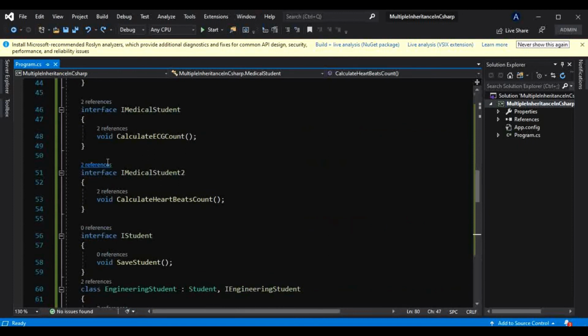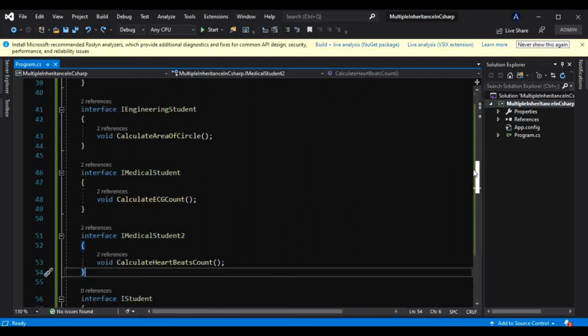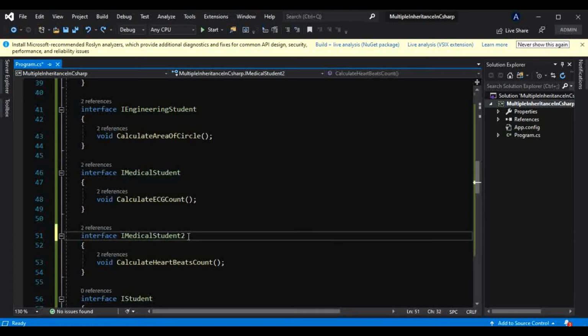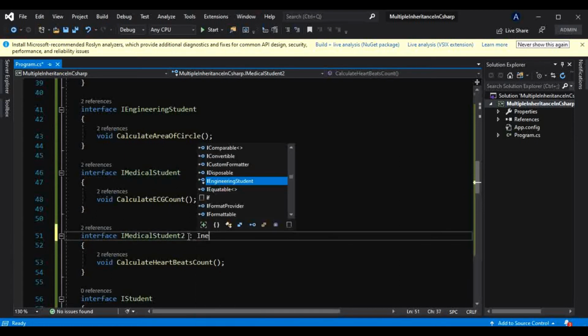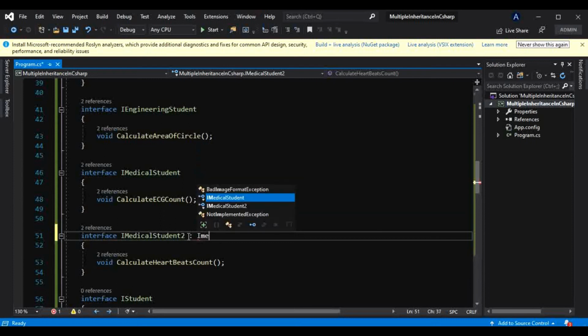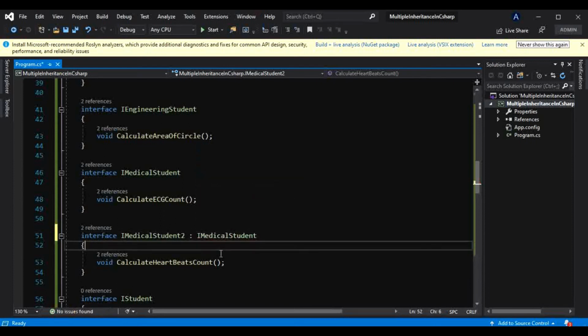Now we know we have these many interfaces right here. So let's just try to inherit this interface from this interface. Okay, so let's just have that medical student interface like this.